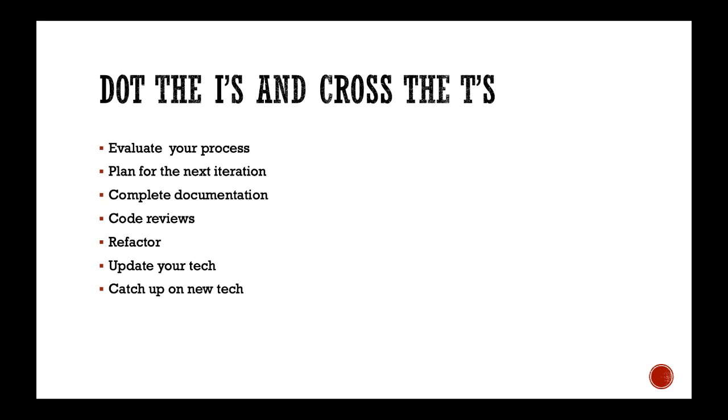Just because you've written all your code doesn't mean you're finished building your software. There's a lot of stuff to do at the end of an iteration to make sure that everything is in place. You should evaluate your process. Did the process work well? Do our burn down charts look good? What problems were caused? Do we like our process? Were we communicating well? You really need to look back and see if all the communication and everything you did worked.